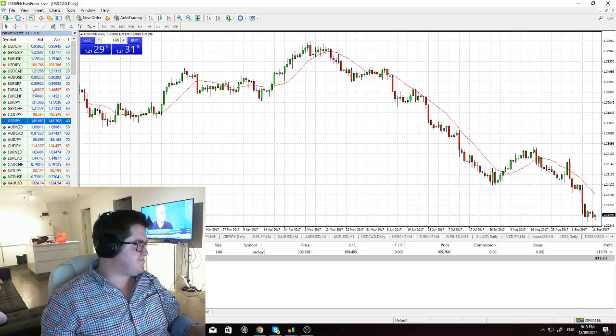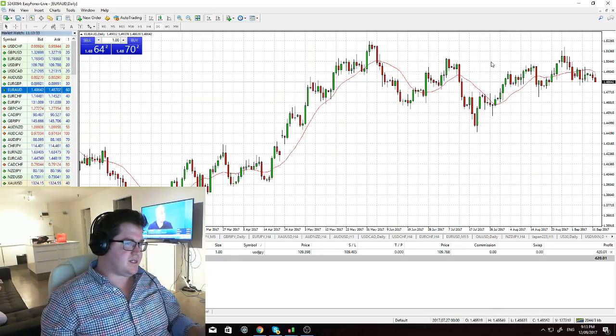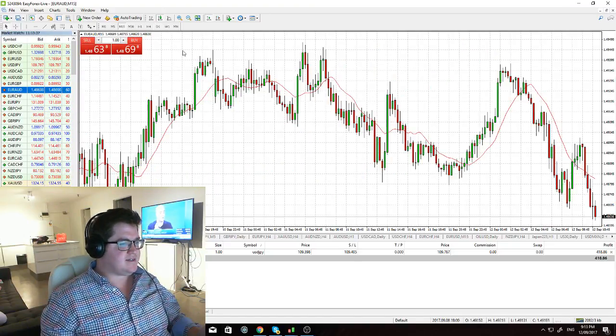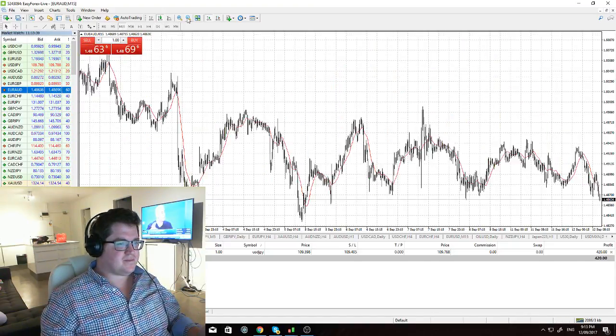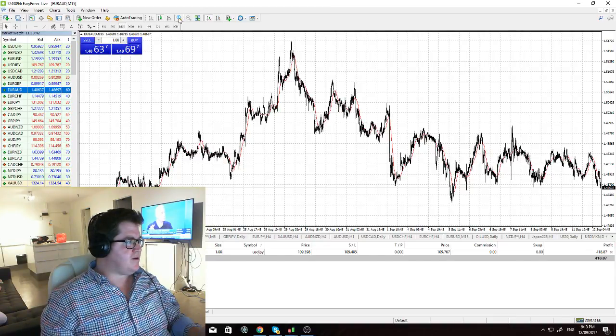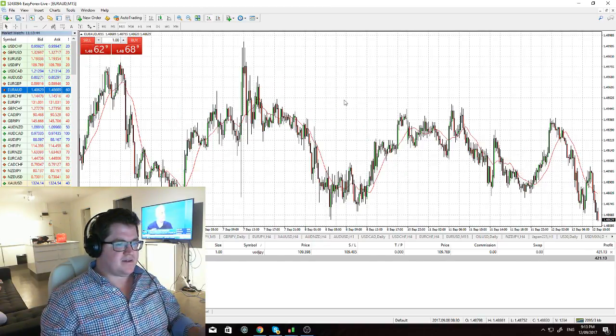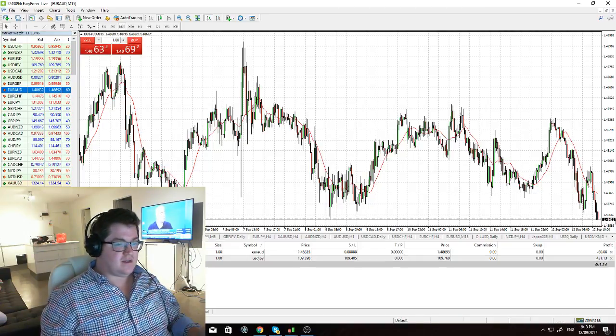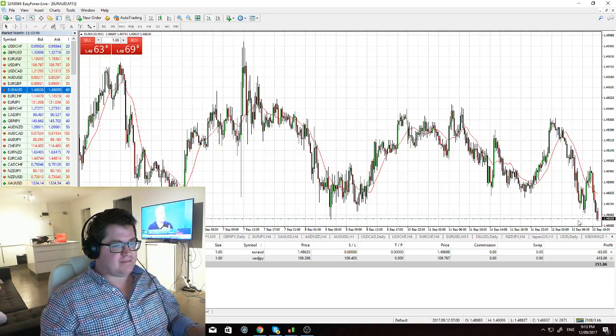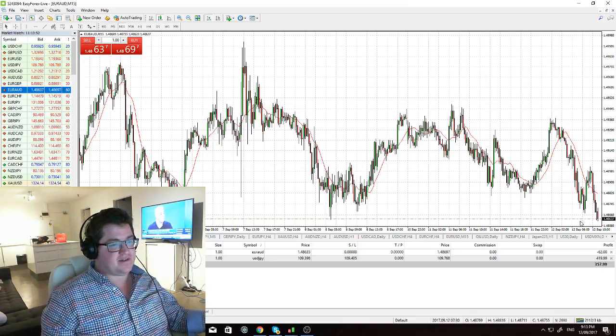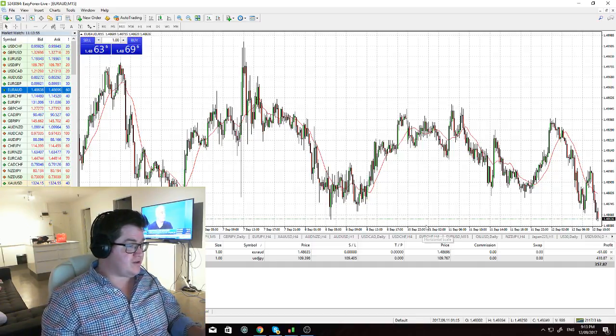Euro Aussie short. Euro Aussie short starting to show some nice rollover here, and it makes sense that it's going to go down here in the current market. So yeah, I don't mind selling that actually. Maybe I should sell that a little bit now. Yeah, it's not the best level entry, but it won't get better if it continues like it is right now with the risk on attitude.